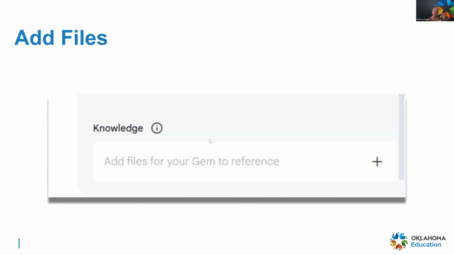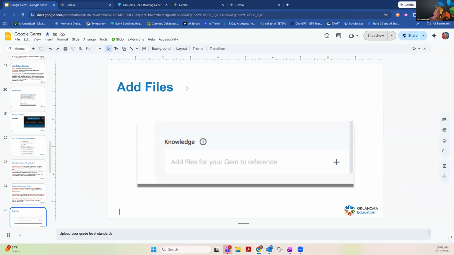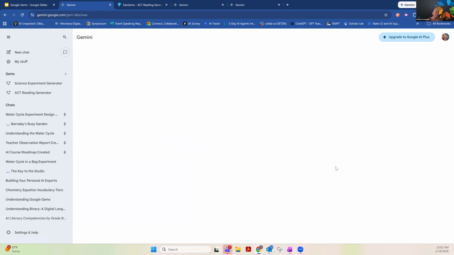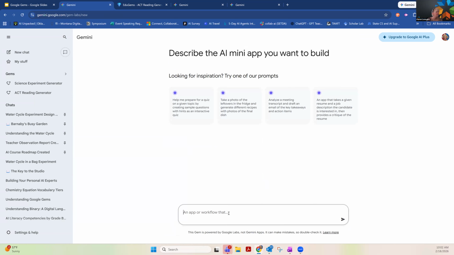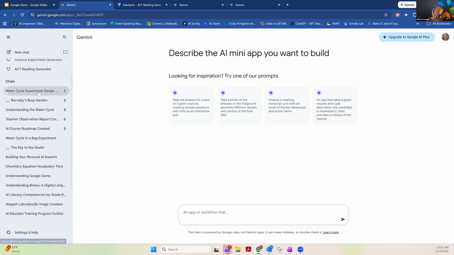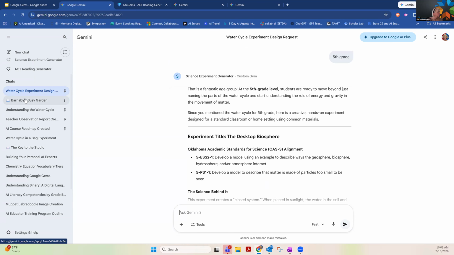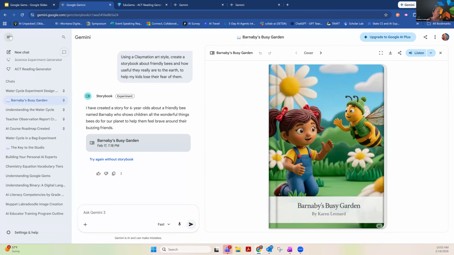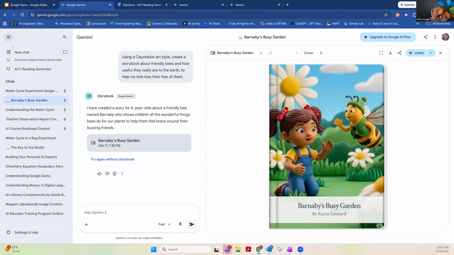Here, beneath the instruction button, there's a knowledge section, and I can click on that plus sign and it will allow me to add... let's see, I'm going to go back here to create a new gem to show you that. I'm trying to find an easy way to access this. It's a whole lot easier when you're starting from scratch, but